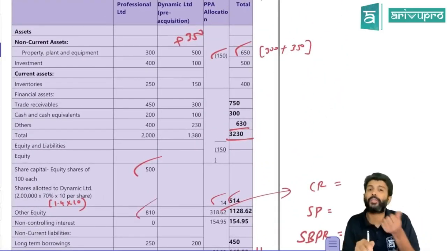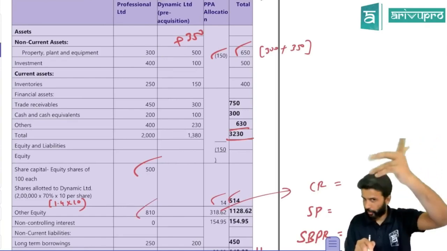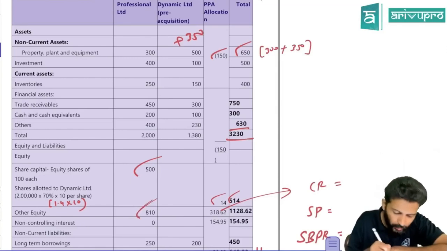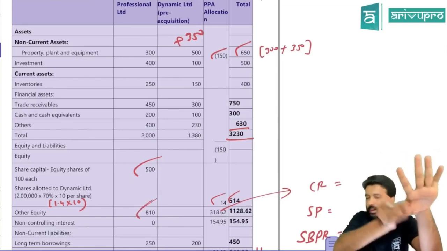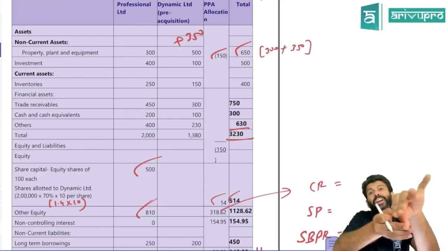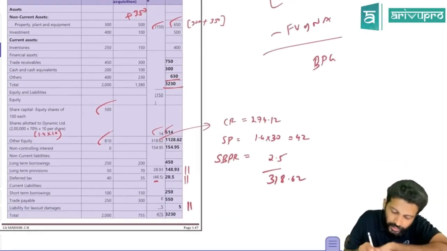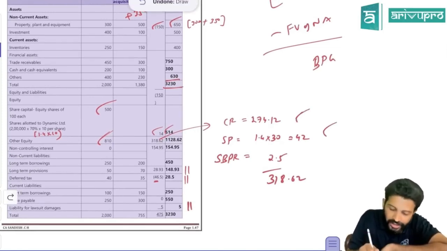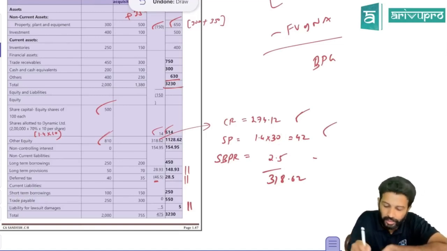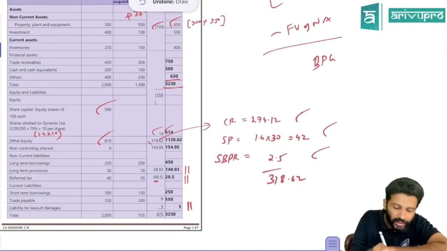When you're doing other equity, do not forget a few things. Sir, 10 rupees is the face value of the share. You issued at 40. That means there will be securities premium. This other equity is the parent's. What all extra will come? One is securities premium will come. Another one is capital reserve is there, and SBPR. SBPR is also a reserve, share-based payment reserve. So 3 extra things you need to do. Capital reserve, then securities premium: 1,40,000 shares issued, and each share's premium element is 30, so that's your securities premium. And SBPR we already calculated, 2.5. So totally 318 other equity you need to add.